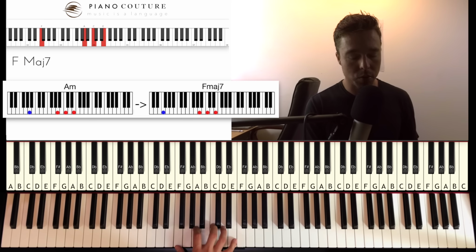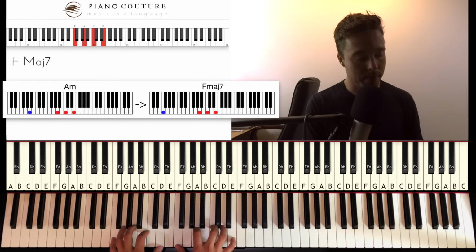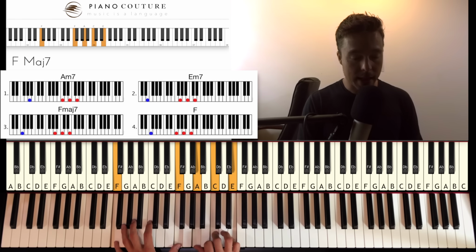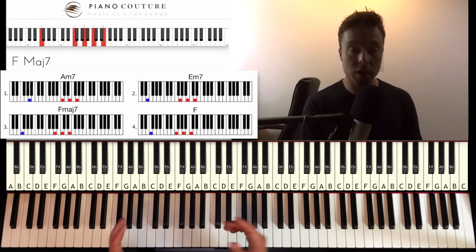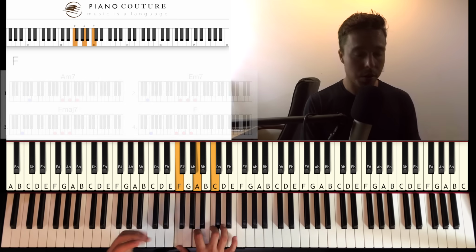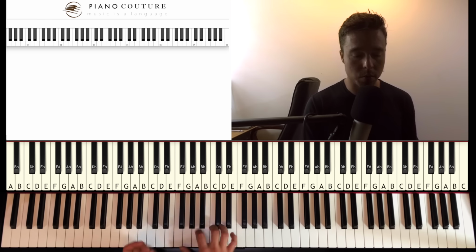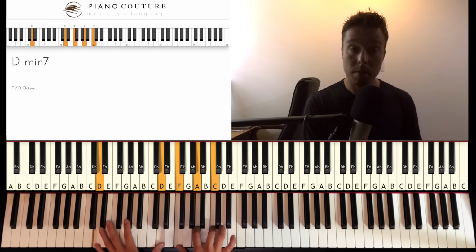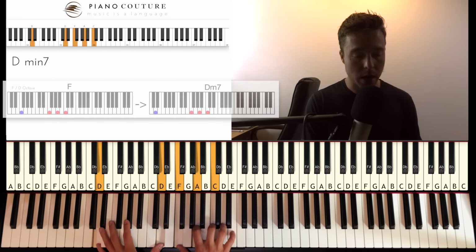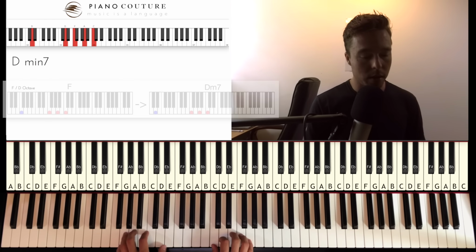Okay, so to that A minor chord, if we drop a third, we would get to an F, and now this results in an F major 7, right? And then the last chord was an F, so now we drop from the F, the bass, again a third. It is a major chord, so it works again the same with this major chord as the two major chords that we saw earlier. Drop a third to a D minor 7. You hear how much more body this adds? So if I play the whole progression, it now sounds like